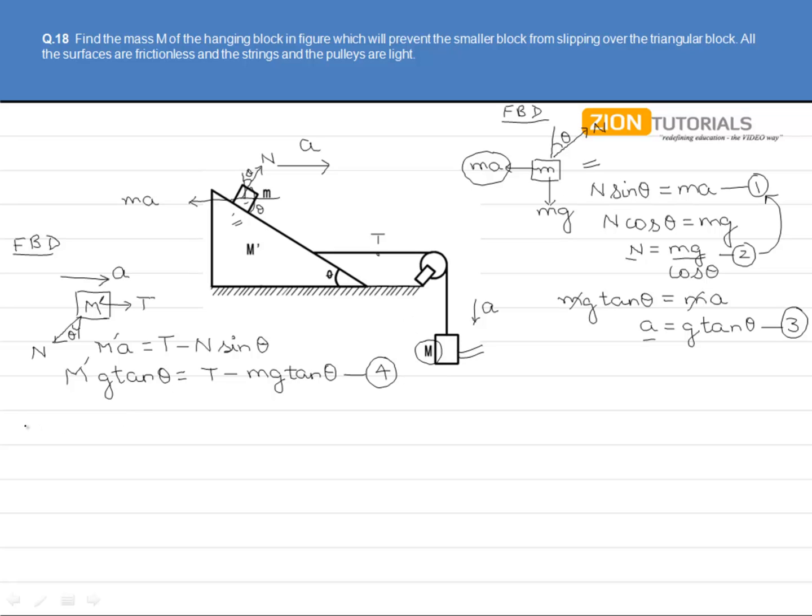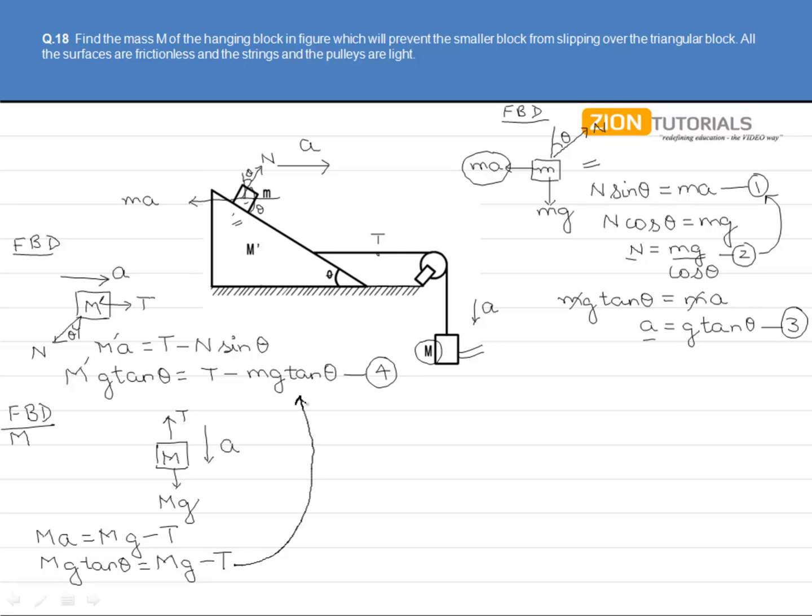let us proceed with the free body diagram of the block of mass capital M. We can show it as a block of mass capital M moving down with an acceleration of a, having an Mg force in the downward direction and a tension capital T in the upward direction. So we can frame the equation as capital M a equals Mg minus T. We can put the value of a over here. We can write it as Mg tan theta from equation number 3 equals Mg minus T. Now putting the value of tension from this equation into equation number 4, we get